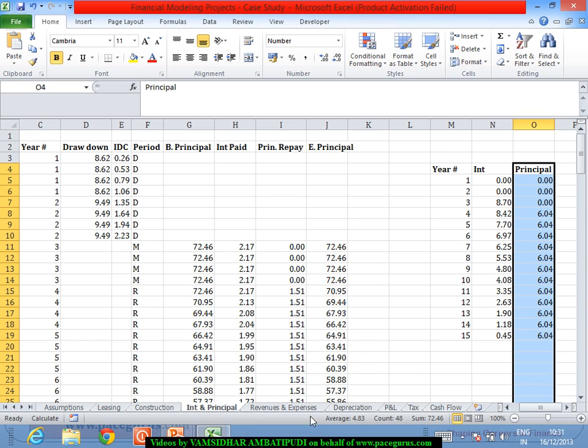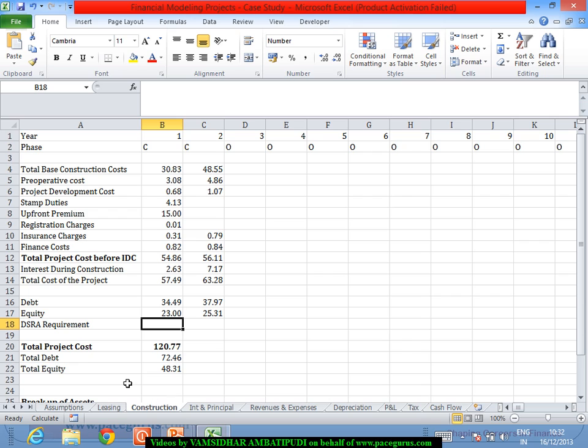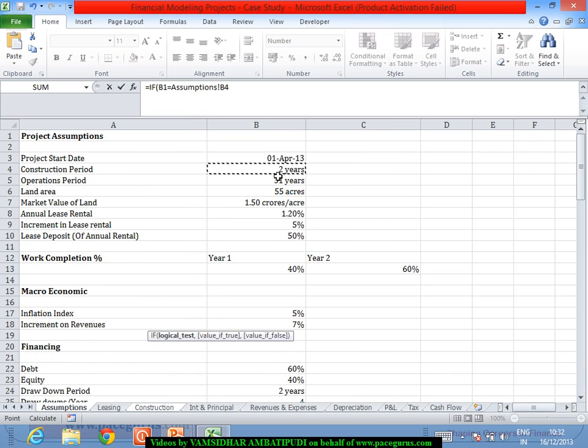So probably here itself somewhere I will mention the DSRA, or probably will maintain here only DSRA requirement, wherein I will put if this is equal to the last year. How do I know what is the last year? The construction period. If this is equal to the construction period,